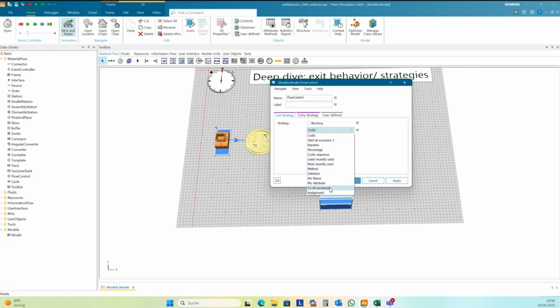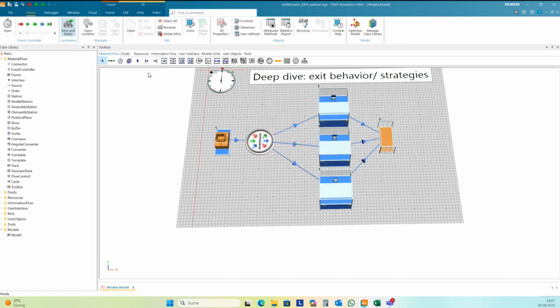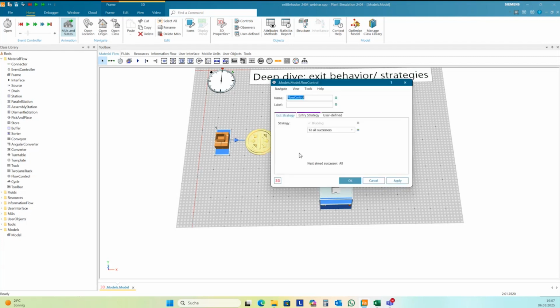But this one, to all successors, you don't have. This is only available here in the flow control. And what does it do? If you produce one MU, then it creates one MU for each successor. And so this behavior we have only through the flow control.